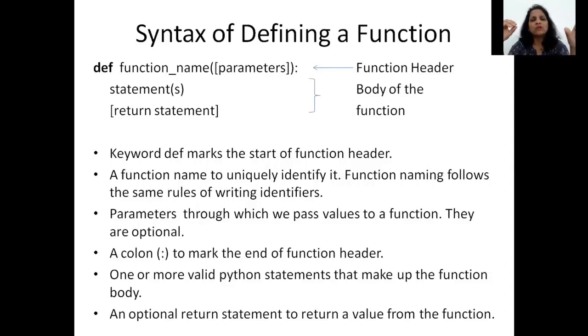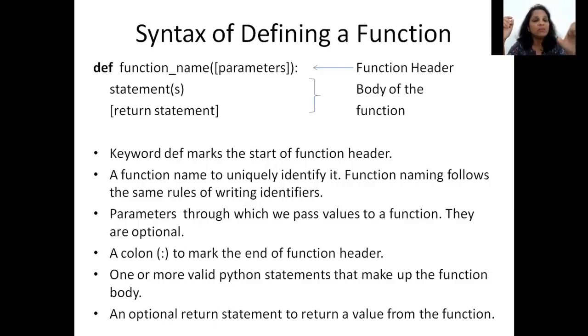Okay, so def is the keyword used to define a function. Let's come to what a function name is. POW is the name of a function. SQRT is the name of a function. LEN is the name of a function. And if you look at all these functions, they are meaningful names. Imagine if the names were XYZ or ABC, it would be so difficult for us to know what each of those functions does. So when you write functions, though you can give any function name, it would be better if you give meaningful names to your function.